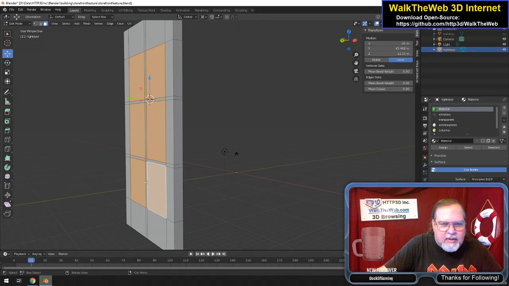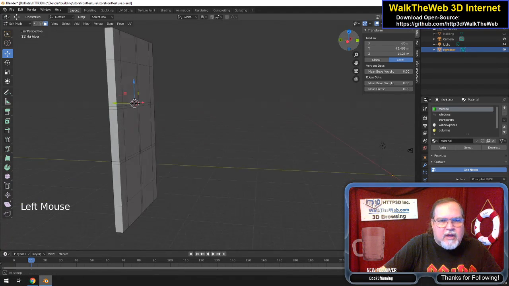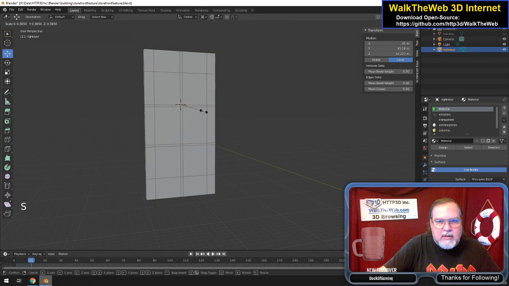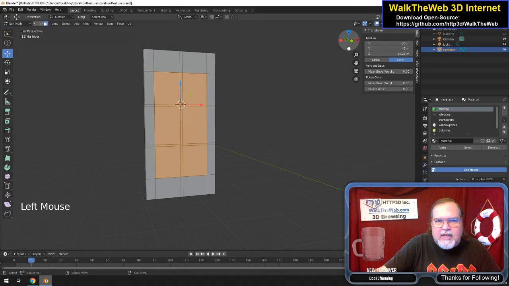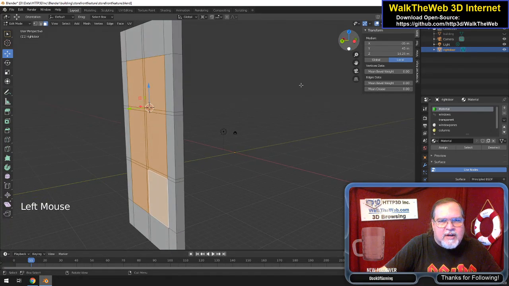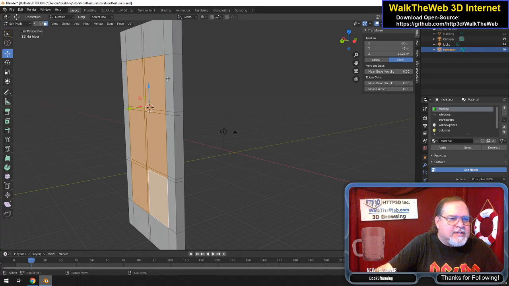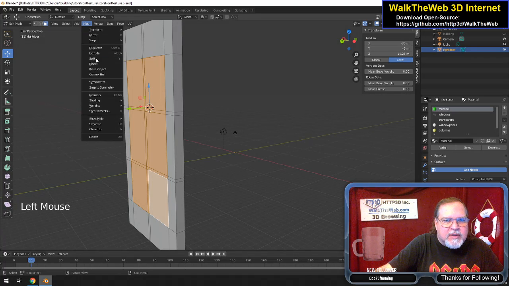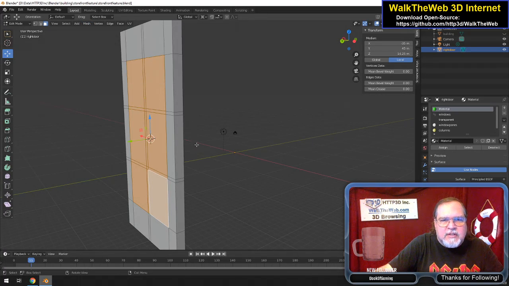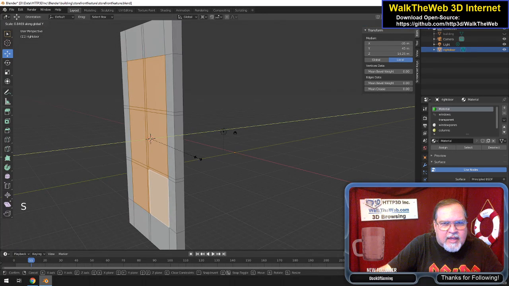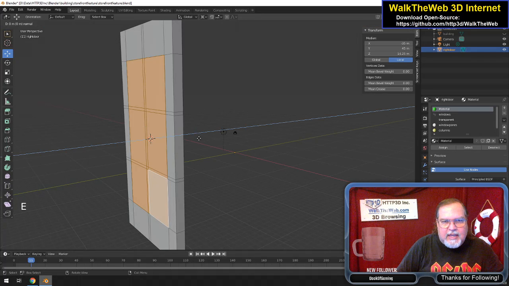So what I want to do actually is select all of these, and select all these too, so that I'm getting all the pieces that are going to be part of the center window. First of all, the pane doesn't go to the outside of the door edge, so I'm going to sink those in. To do that, I'm going to first make sure my cursor's in a good position for it, and scale Y, and I'm going to shrink that in, oh, wait, E, enter,